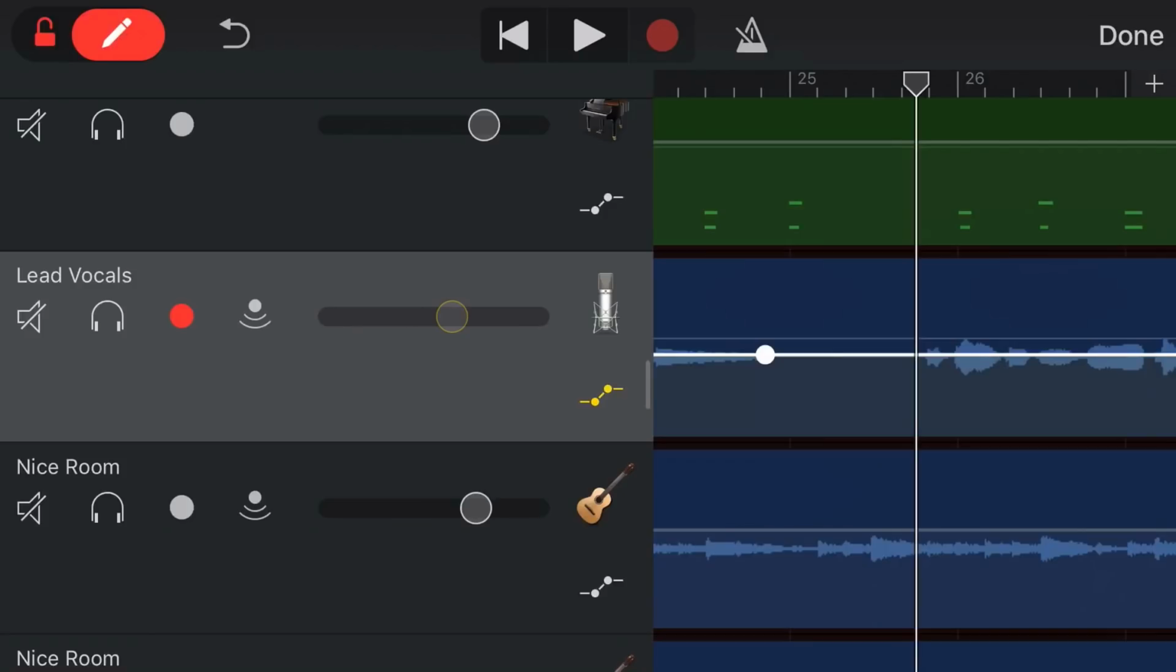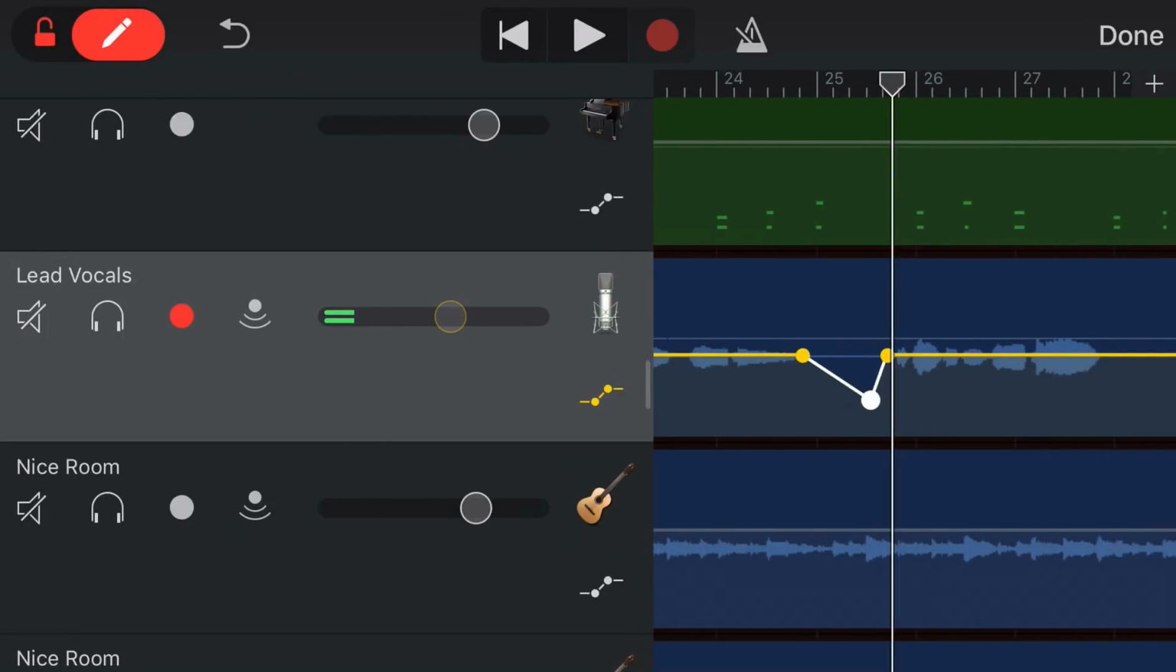We're going to tap, and tap, and tap. So we're basically creating a little triangle here, which is going to be our triangle of reduction in volume. And we're not going to take it all the way down. We're just going to reduce the volume. Now, this is what I was saying, the difference between doing automation like this and using a noise gate is